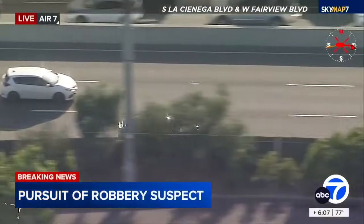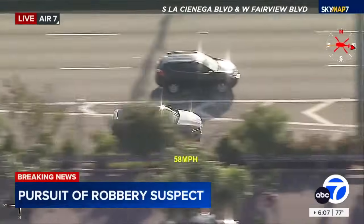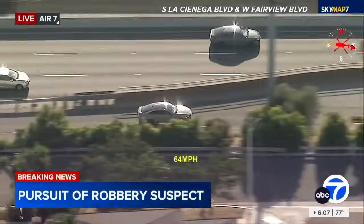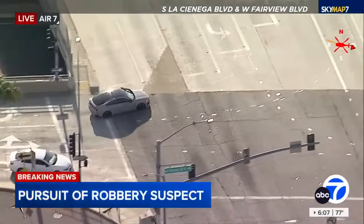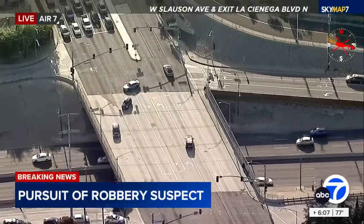He actually, for a brief time, went into oncoming lanes of traffic to get around that red light into the northbound side of La Cienega Boulevard, and now looking for an exit opportunity here. This is a transition road, I believe, that will put him back onto surface streets. There's a black and white unit right there. That may be LAPD. They may or may not know what's going on, but here are those sheriff's deputies,